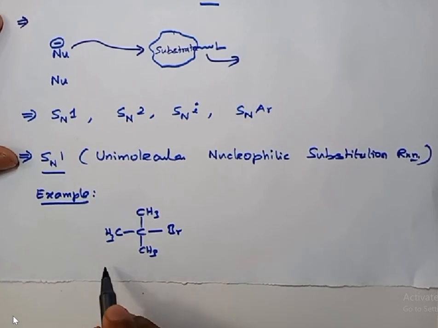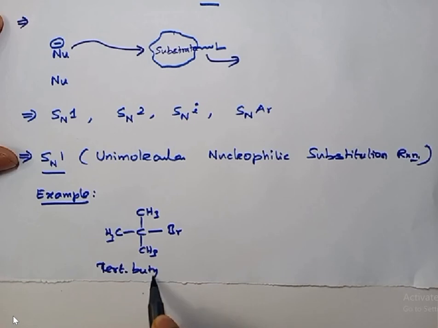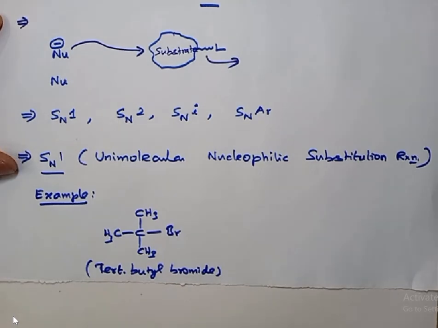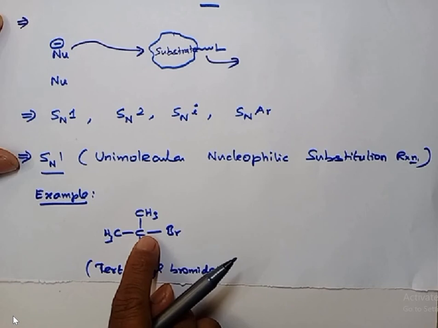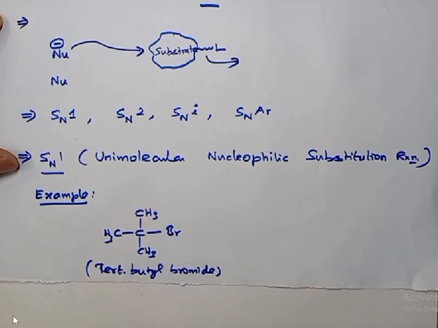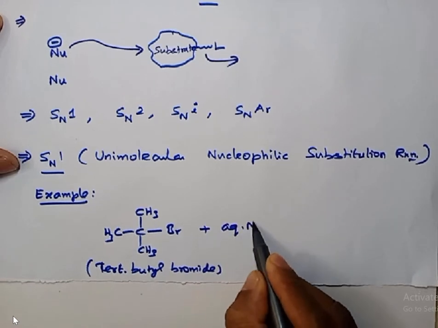This is called tertiary butyl bromide. This is a common name, not the IUPAC name. The IUPAC name is 2-bromo-2-methyl propane. To this, if I add aqueous sodium hydroxide,